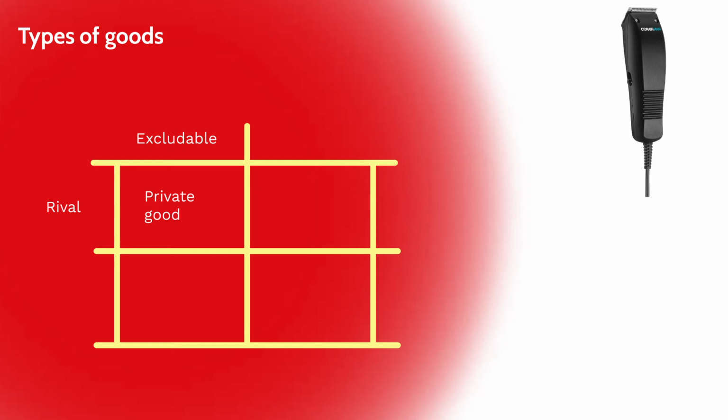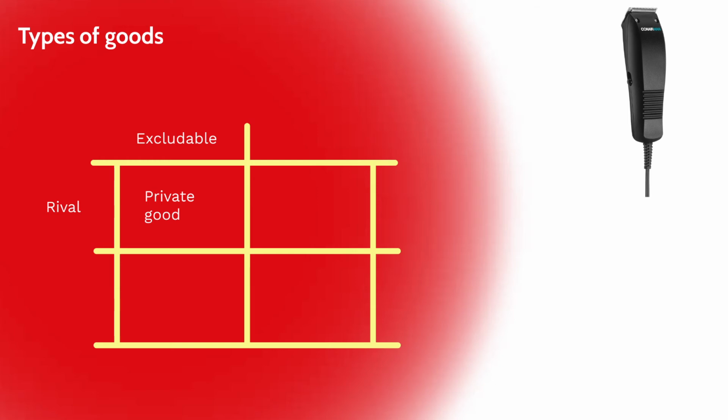Well, not quite. The hair clippers, even though they don't disappear after Mr. Mouse uses them, they do lose some of their value. They become less useful for a future haircut. This is called depreciation. Because the hair clippers depreciate, that is some use of those hair clippers, and they constitute the service and the cost for getting that service for the owner of the hair clippers, Mr. Mouse. As a result, the hair clippers remain a private good,